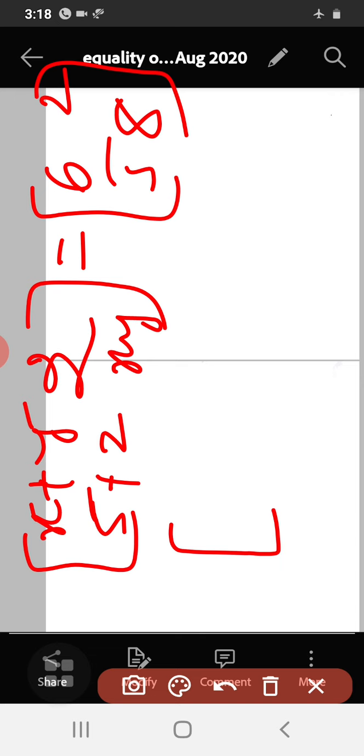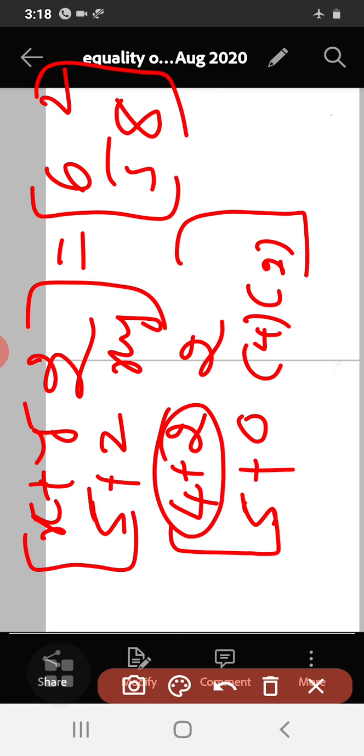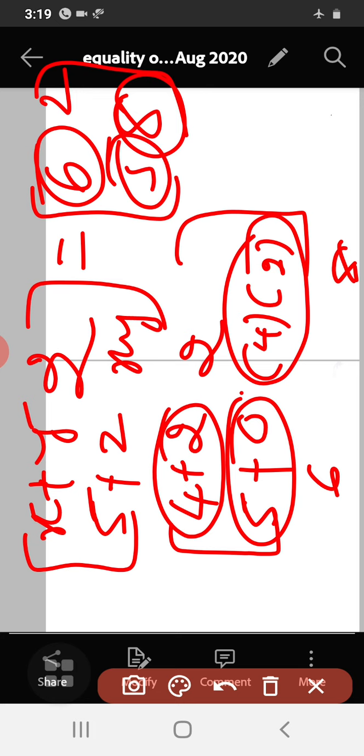See here, if I put 4 plus 2 as it is, and 5 plus the value of z is 0, then the value of x is 4 and the value of y is 2, so 4 into 2. See here, 4 plus 2, this is 6, and 4 into 2 becomes 8. See here, corresponding elements 8 and 6. Okay, and this 5 plus 0 becomes 5.